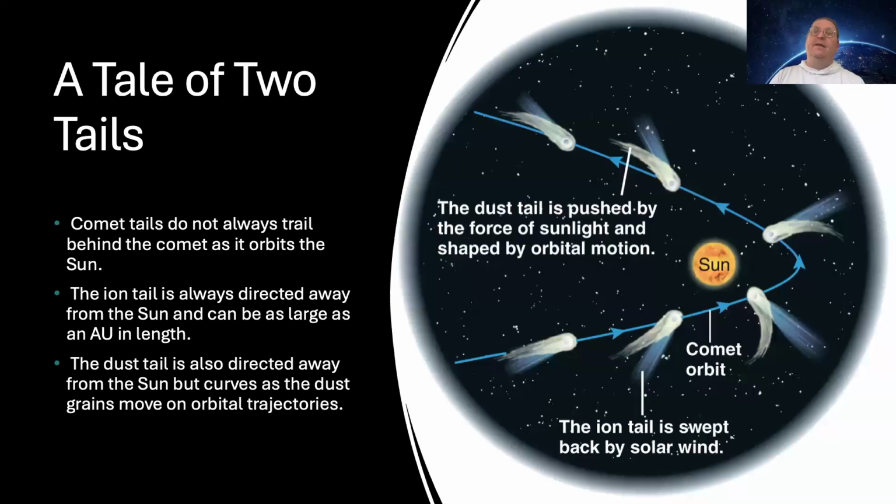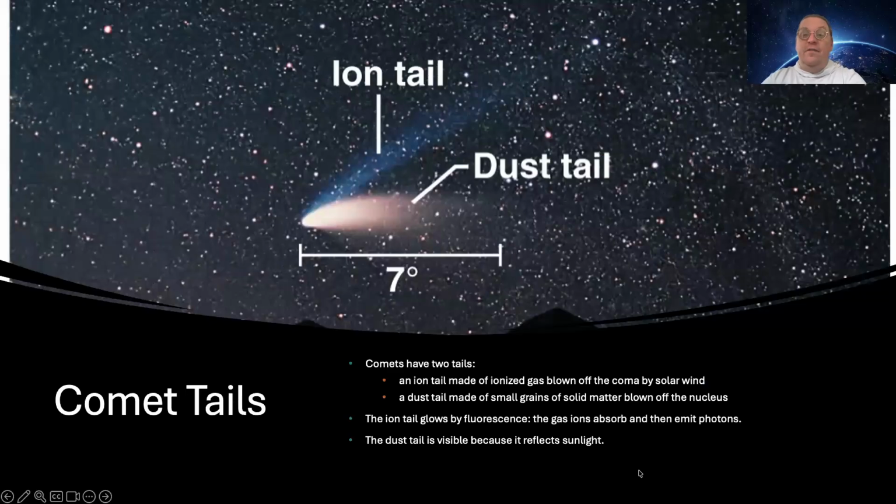The ion tail, and again, the dust tail is curved. The ion tail is almost entirely straight. It is basically just a radial line off of the comet that's pointing directly away from the sun. So if I were to have an image like this and you were to ask me where the sun was,